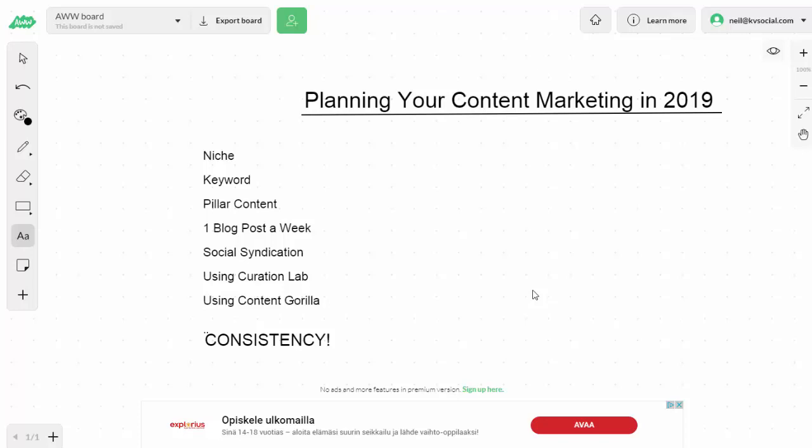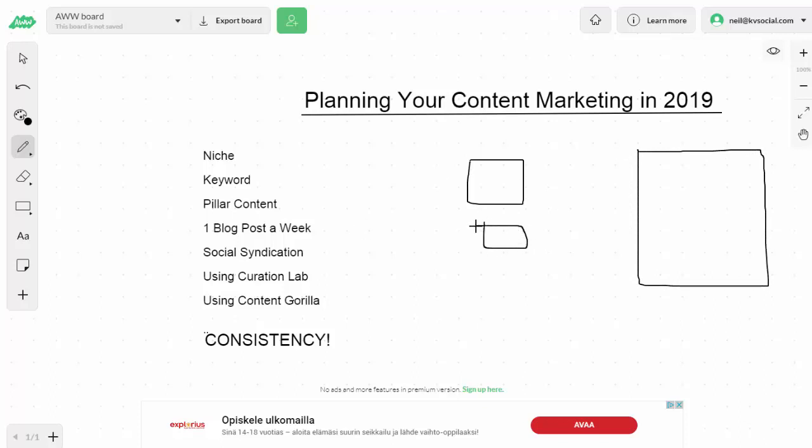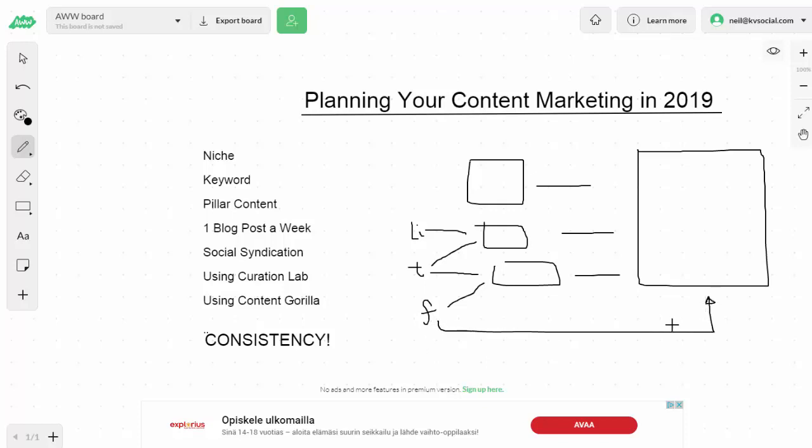So let's first start by actually talking about what the process entails. The process entails you building out content, and building out one massive piece of content. We call that pillar post. We'll talk about that too. Building out smaller pieces of content, connecting it all together, and using social media, say Facebook or Twitter or LinkedIn or other places, to essentially drive traffic into this smaller content, which also then drives into your bigger pillar post. And again, you can of course do social media marketing for your pillar post as well.